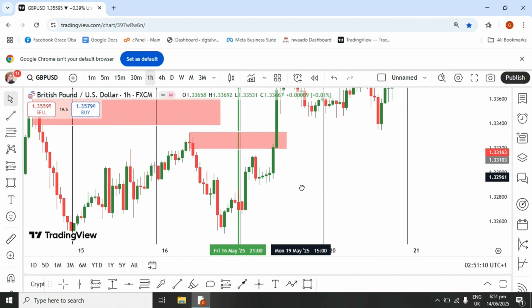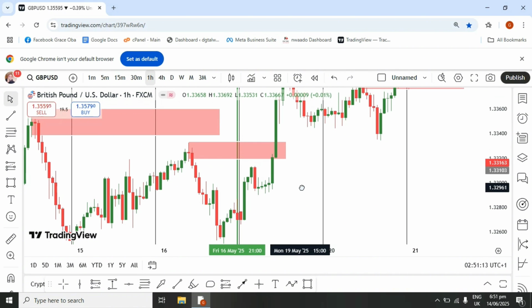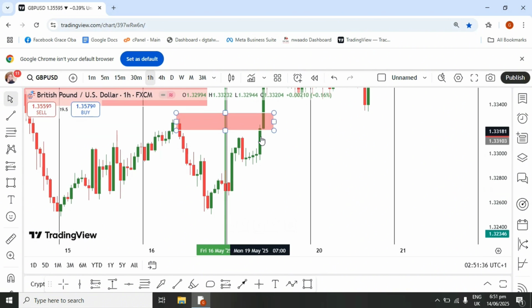Now, without being told, you can just tell that this is a breaker block, right? This is a breaker block without being told, because this candle rallied down, retraces into this level. I think probably a fair value gap. There's a little fair value gap here, rallied down a bit, but instead of it continuing its downward movement,